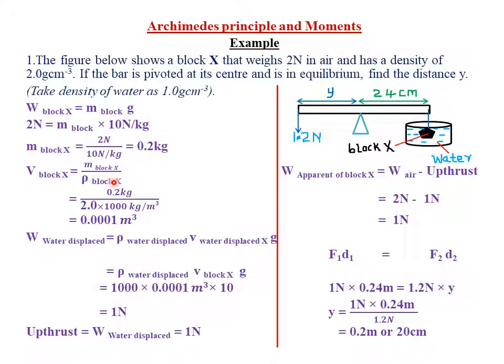We are given from the question as 2 gram per cubic centimeter, but we know that 1000 kilogram per cubic meter is equal to 1 gram per cubic centimeter. What about 2 grams per cubic centimeter? That will be 2 grams per cubic centimeter over 1 gram per cubic centimeter multiplied by 1000 kilogram per cubic meter. So we are converting to kilogram per cubic meter because those are the SI units of density. So 0.2 kg divided by 2 times 1000, you'll obtain the volume of the block X as